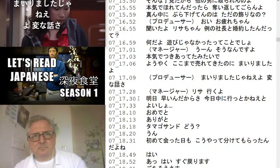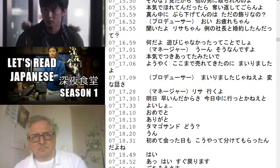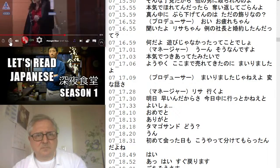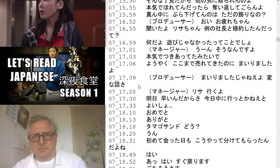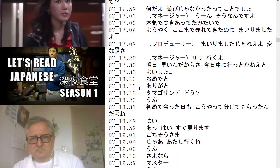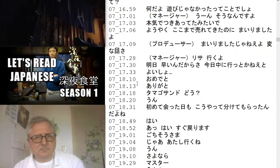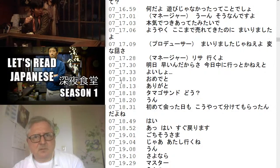リサ参りましたじゃねえよ変な話さ。リサ行くよ明日早いんだからさ教授に言っとかねえとよし。おめでと。